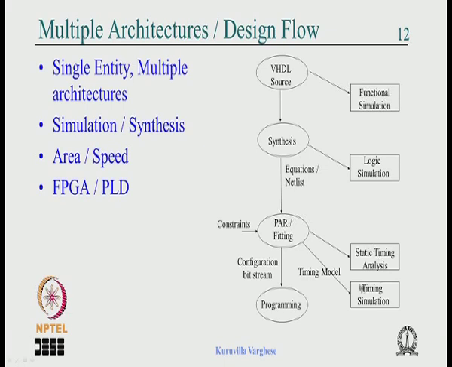Maybe there is a source register which is clocked at 1 clock, it goes through some kind of combination circuit and after 2 clock cycles it may be clocked into the destination register, but this tool has no way to know that. But when you do the timing simulation it is very clear, but static timing analysis needs to be told all these things, that this path is not used, this particular path takes 2 clock cycles and so on, but then it can be accurate and this is a very quick kind of estimate before going for